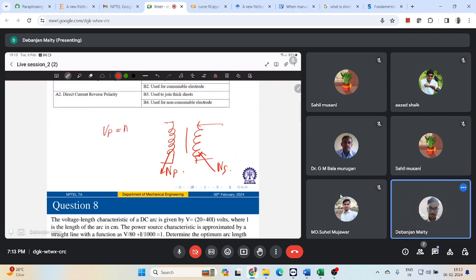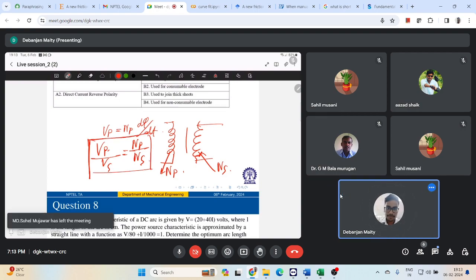voltage at the primary side will be N_p dphi/dt, where phi is your magnetic flux, and based on that, it will follow this relation. So based on this formula, we'll have some numericals also, right? So now for changing the inductance,